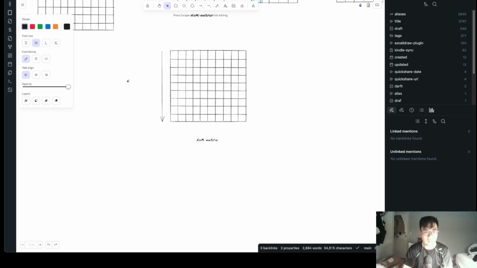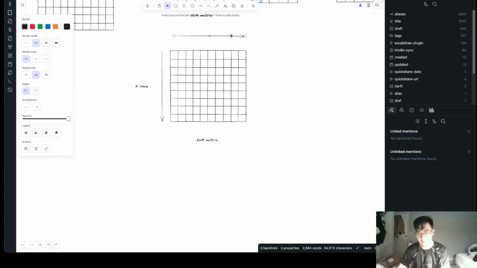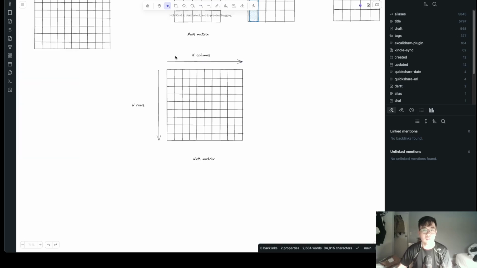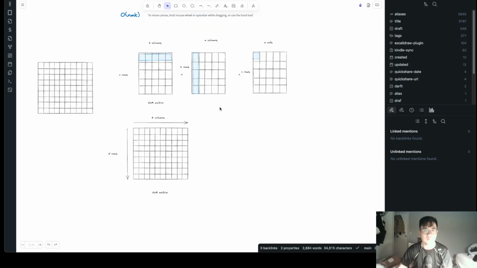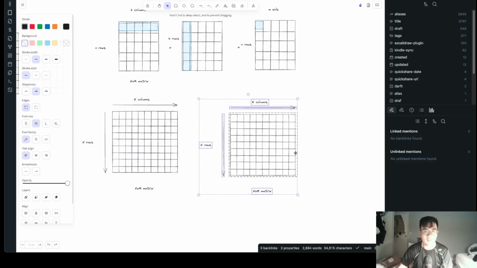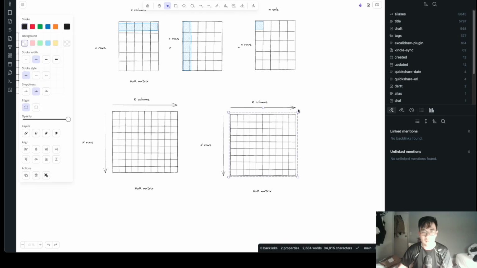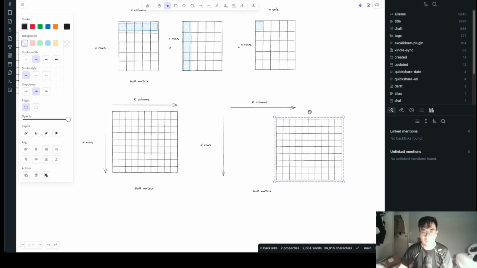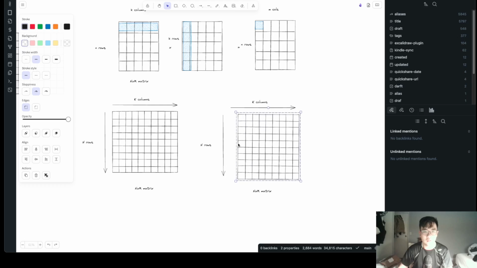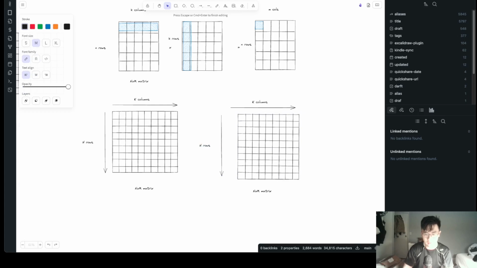This is n rows, and then k columns, and then multiplied by a, so this needs to be rotated like that. K rows,